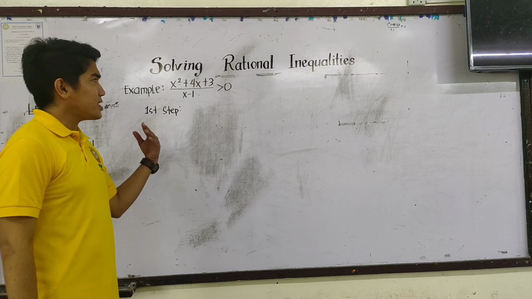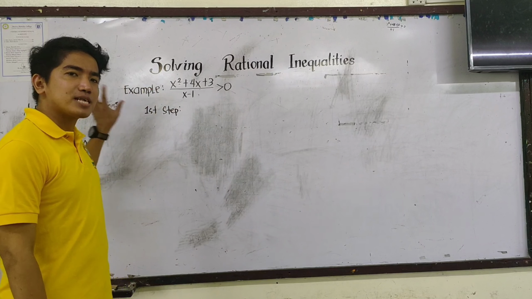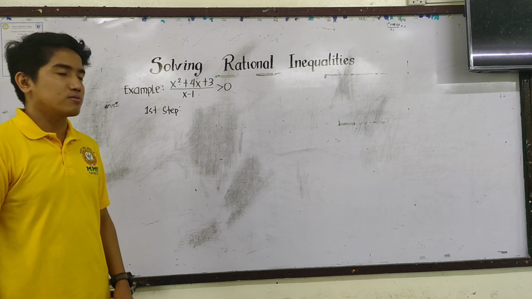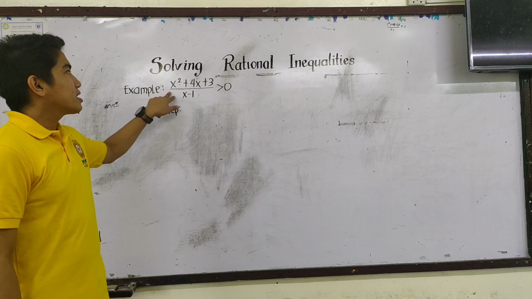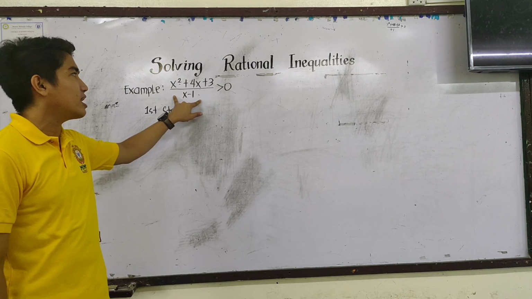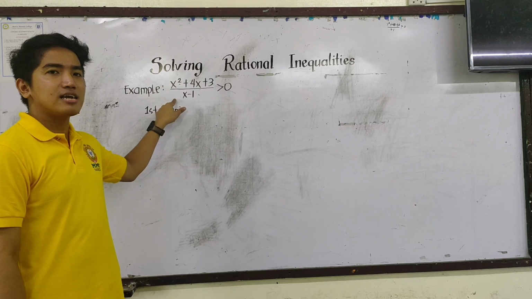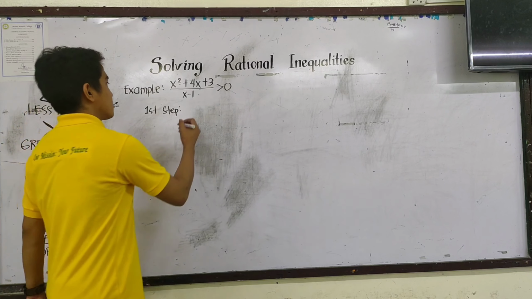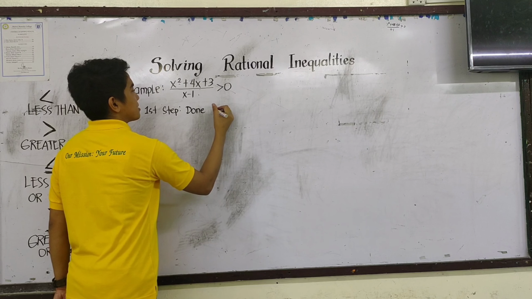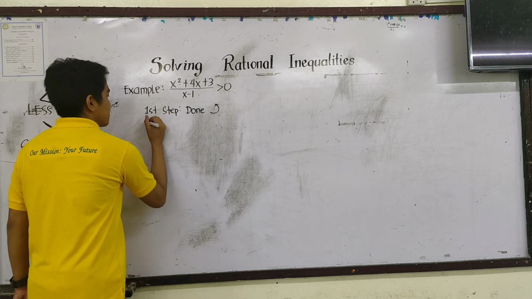our first step is that our equation should have a rational expression on the left side, then zero on the right side. Since our example is already a rational expression, and the right side is 0 na, so it is okay na. Ito na yung ating pinaka-step 1. So, done na natin yung ating step 1, kasi ito na po yung ating given. Next, for our second step,